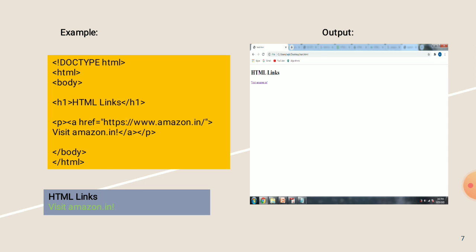Then the anchor tag is closed, then p is closed, then the body section is closed, then HTML is closed. So the output is as follows.